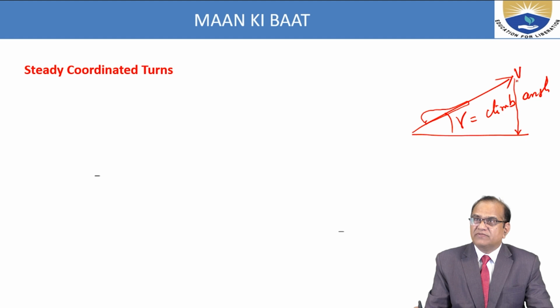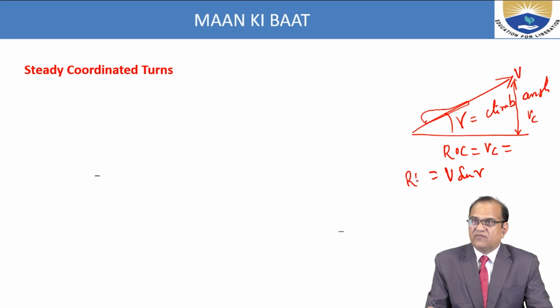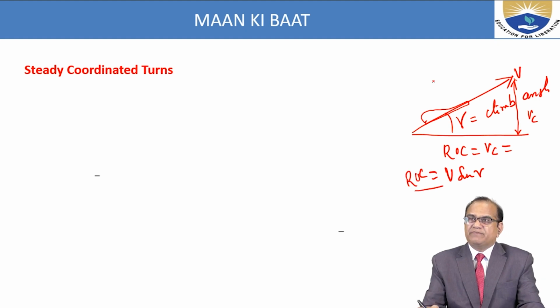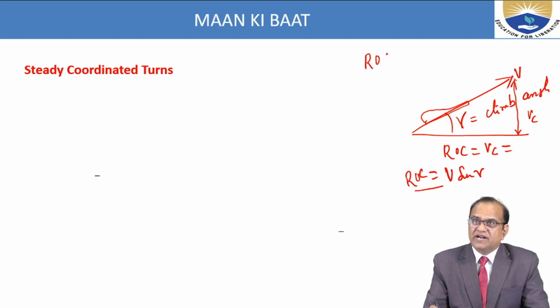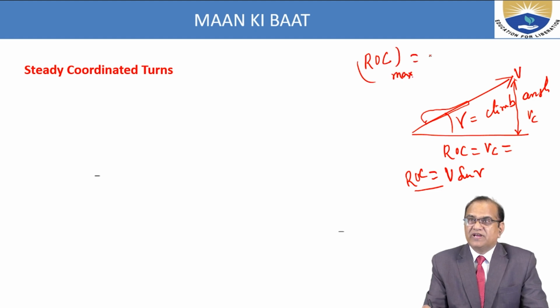This is the rate of climb, VC. If this is the V, we have V sine gamma. This is the rate of climb. We have also seen the maximum rate of climb, the condition for ROC maximum. This will happen when we have the minimum drag. The velocity when we are flying the aircraft at a minimum drag condition, we will get the maximum rate of